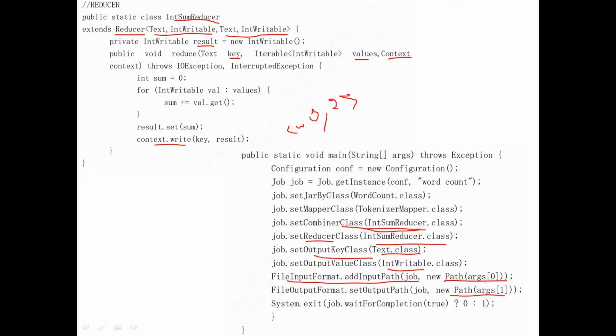Then System.exit, wait for the job to complete. If all the execution has been completed and it gives you the value 0, it means it is successful. Otherwise, if there is any error, it will give you 1 here. So this is how the word count program in Java works.